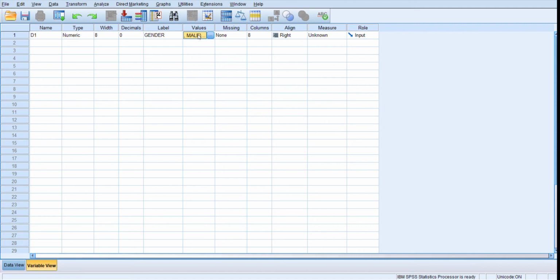What we are doing under values is generally giving numeric codes for the options, even if the options are categorical. When your question in the questionnaire has options, it is mandatory for us to assign values here. If your question is open and does not have any sort of option, there is no need to give values here. Values are generally fixing up the numeric codes.